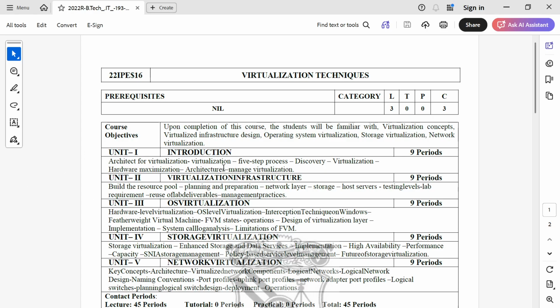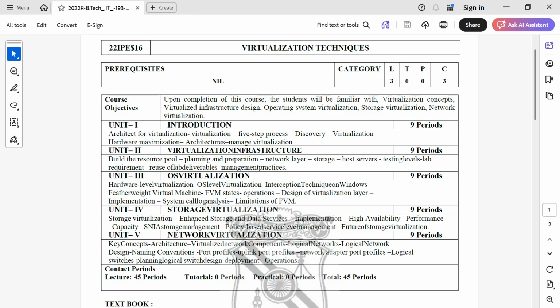If you see Unit 1, it consists of the introduction part. Within that, we are going to see the architecture of virtualization, the five-step process, discovery, virtualization, hardware maximization. In Unit 2, we are going to see virtualization infrastructure, which is going to build the resource pool, planning and presentation, network layer, storage, host server, and then requirements, reuse of management practices that are all available. And in Unit 3, we are going to discuss OS virtualization, Unit 4, storage virtualization, and finally Unit 5,